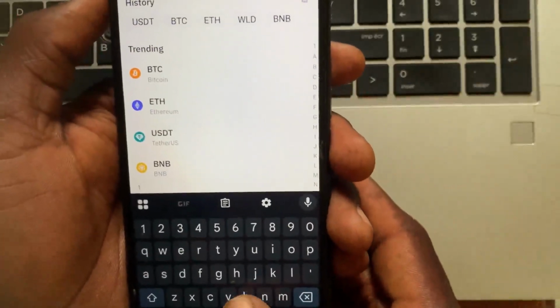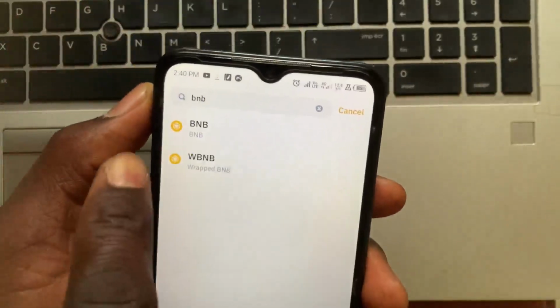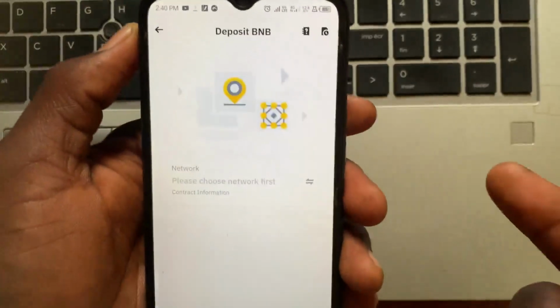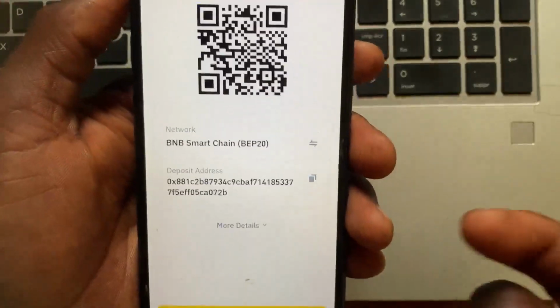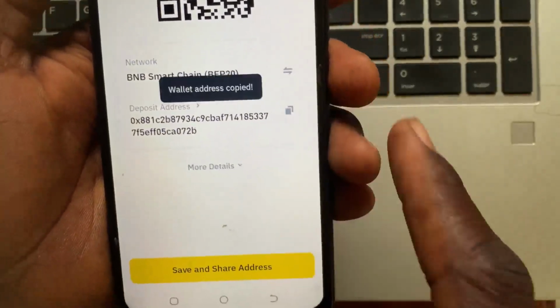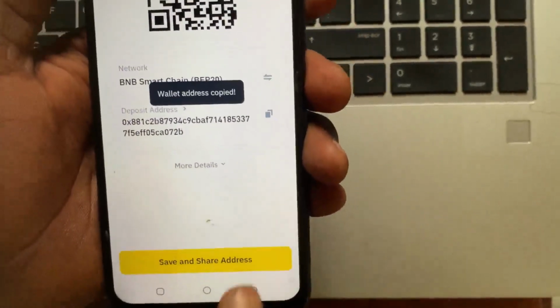Let's say I want to send BNB from the Web3 wallet. After you search for BNB, here it is, select the BNB. From this option, choose the network. I will use BEP20. Now here is the address. After you copy the address of the crypto you want to send from the Web3 wallet, now go back and